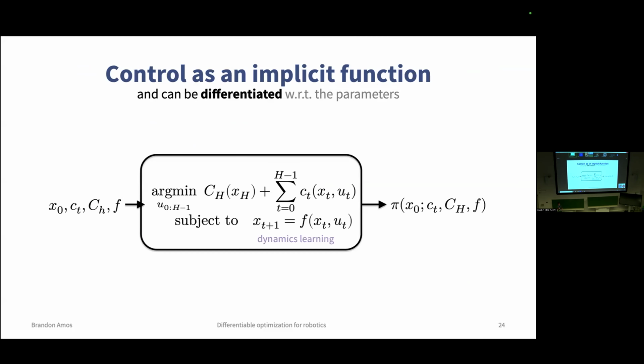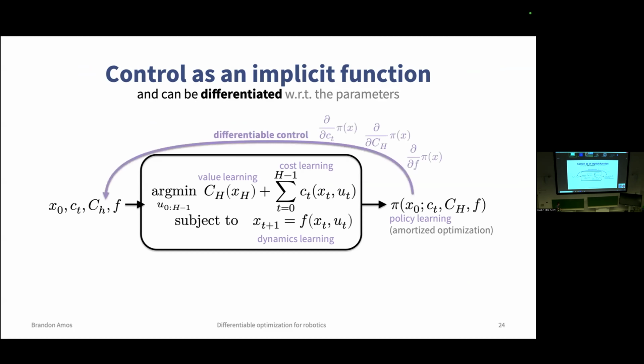And learning can fit in as well. So we can do dynamics learning, value learning, and cost learning as well. And separately, on the amortization side, we can also do policy learning to amortize this problem. And the idea with differentiable control is that we can tie in this end-to-end learning signal. So maybe even if we separately estimate the value, cost, or dynamics, we still don't have a sense of how well any of these estimations are going to perform in actually deploying it on the real system in a controller. So these controller derivatives add that end-to-end learning signal back into the model.